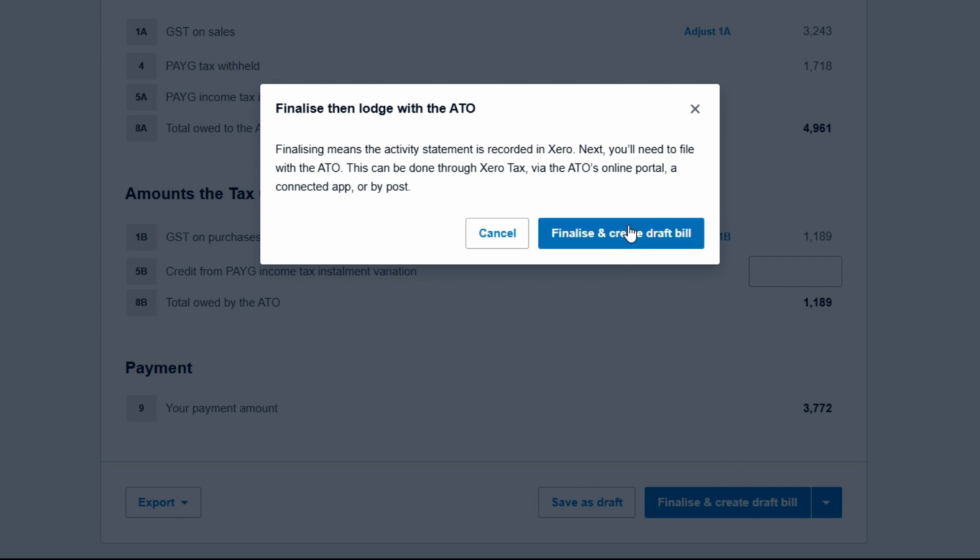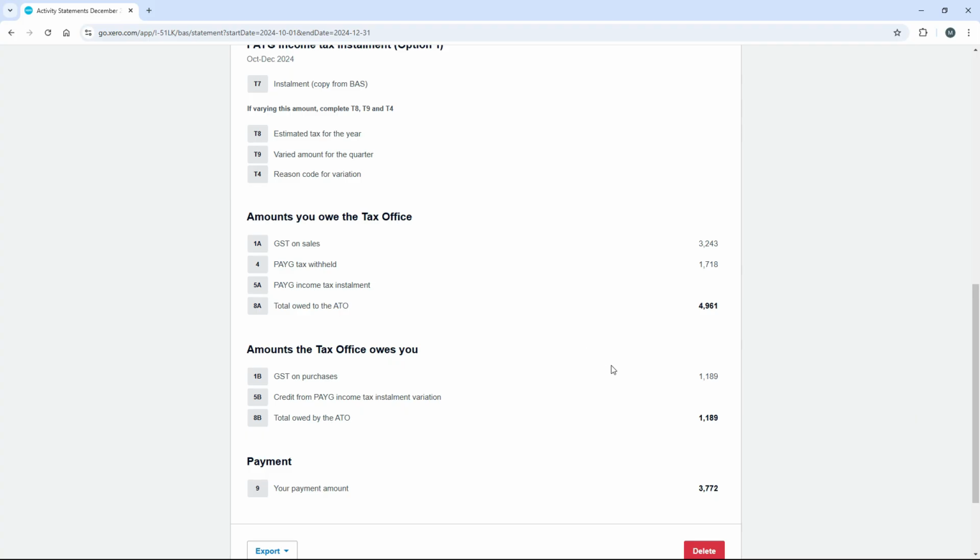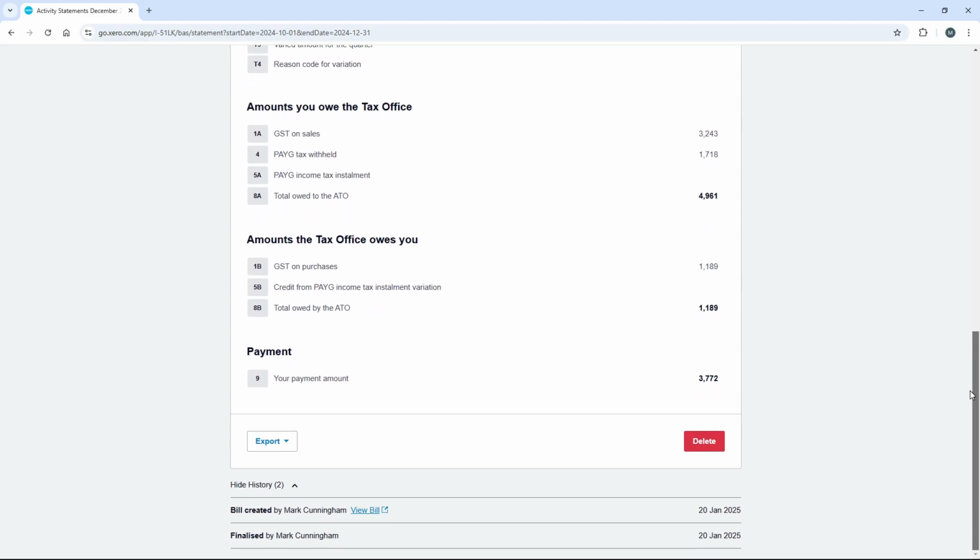So you can see here it says that finalizing means that the activity statement is recorded in Xero, but it's not actually filed with the ATO, and that's because this is the demo company. So in your real Xero account, you'll have an option to be able to file it to the ATO, as long as you've connected Xero to the ATO, like I mentioned before. Now, once you've filed it or lodged it with the ATO, that doesn't mean that you've actually paid the bill. So you could see that it created a bill, and you can view that bill here by clicking on this link,